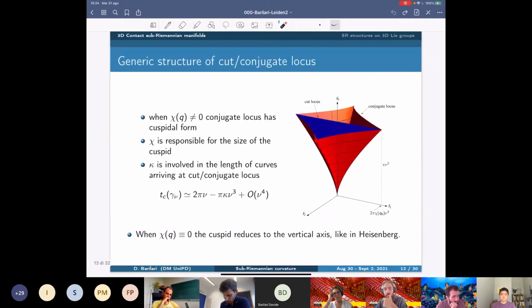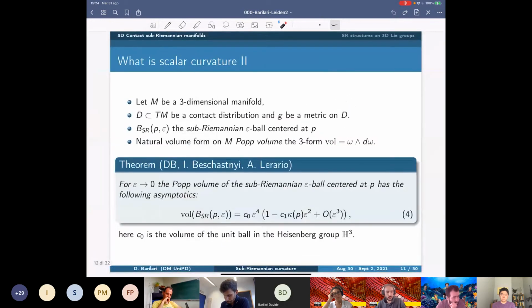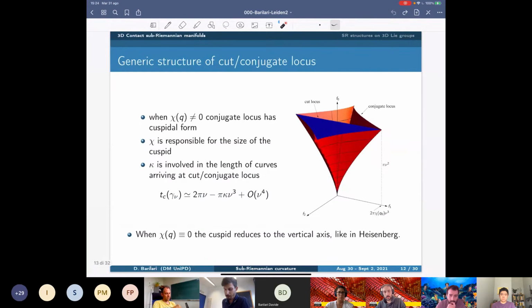So why is this result not immediate? The reason is that in the Sub-Riemannian case, as I tried to explain yesterday, the cut locus and the conjugate locus are adjacent to the initial point. So in general, if you want to consider the set of initial parameters, which in this case are covectors,